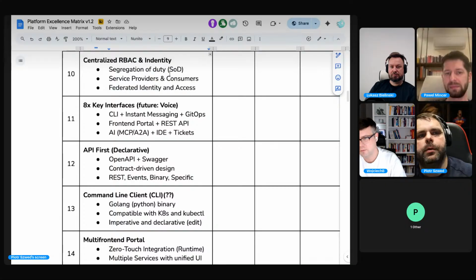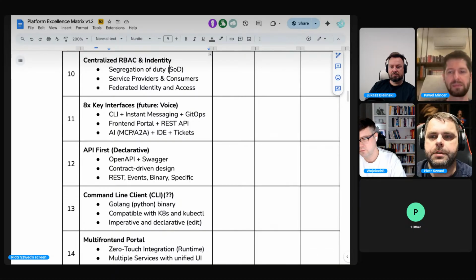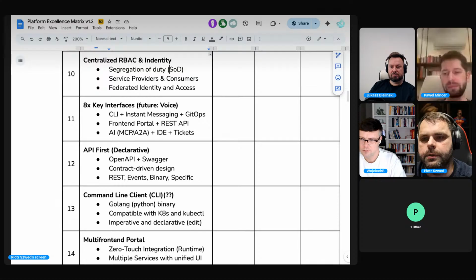Now, one question here is, are we going to create a custom directory of teams, departments, users, developers, engineers, SREs, and so on, or are we going to import what is currently in use in LDAP or Microsoft Entra, this kind of services, right?